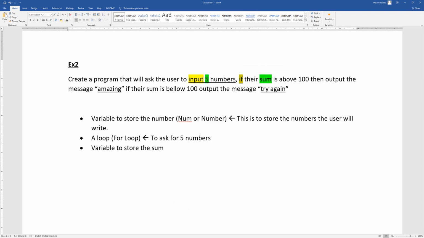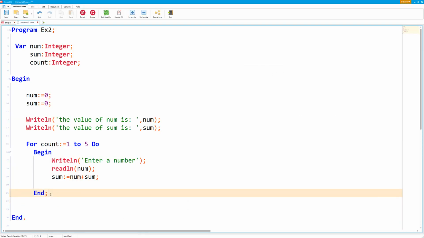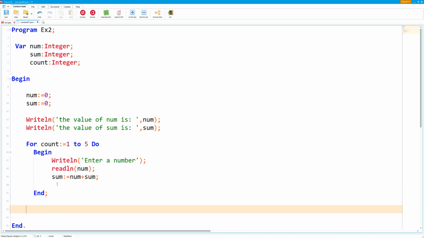Okay, so I'm going to go back to Pascal. The conditional statement should not be put inside the loop, because if we put it inside the loop, every time a number is entered, our program will be checking and will say amazing or try again every single time. In this case, we want to output after it's finished whether it was amazing or whether we should try again. So to do that, we need to create an if statement like so,